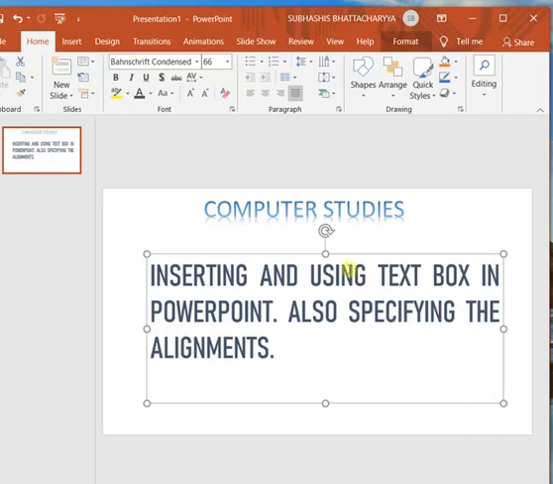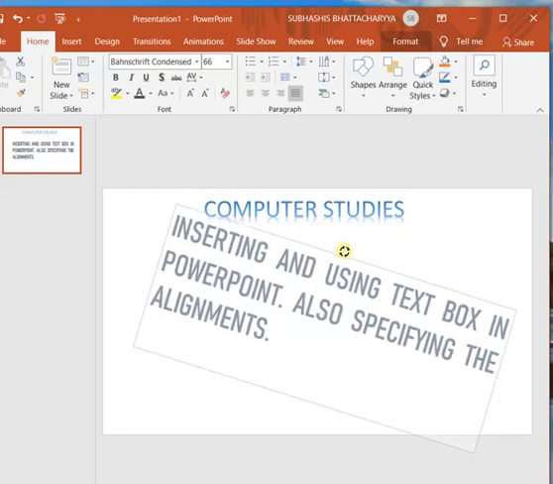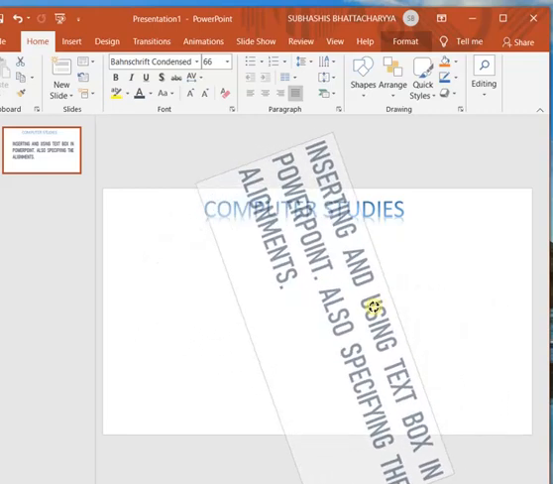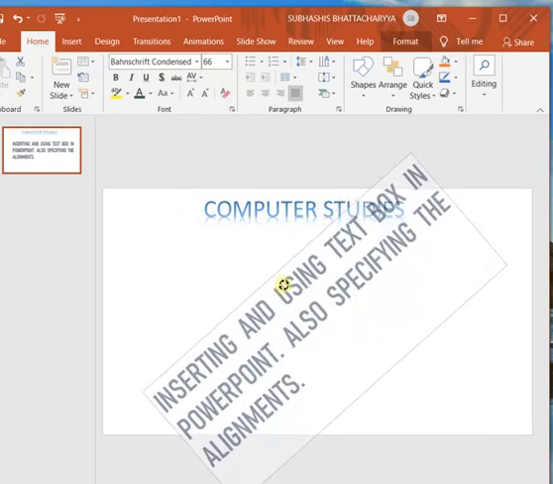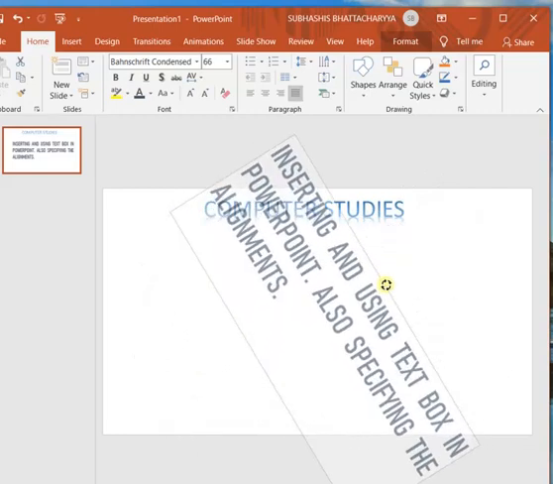Now after adjusting, you can rotate the text. How to rotate? You see this sign, a rotation sign like this arrow is given. When you put your mouse cursor over this sign, you can see a black colored rotation sign is showing. Now click on it and drag it. Either in the clockwise direction you can drag, or in the anti-clockwise direction. You have to hold the mouse, you cannot leave the mouse. Holding the mouse you can drag it.